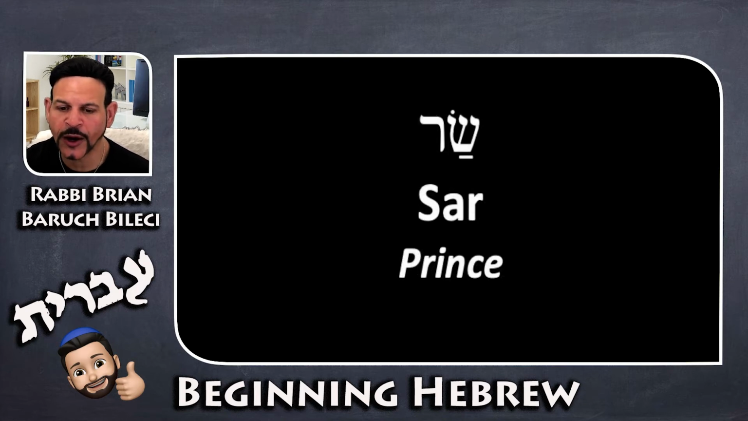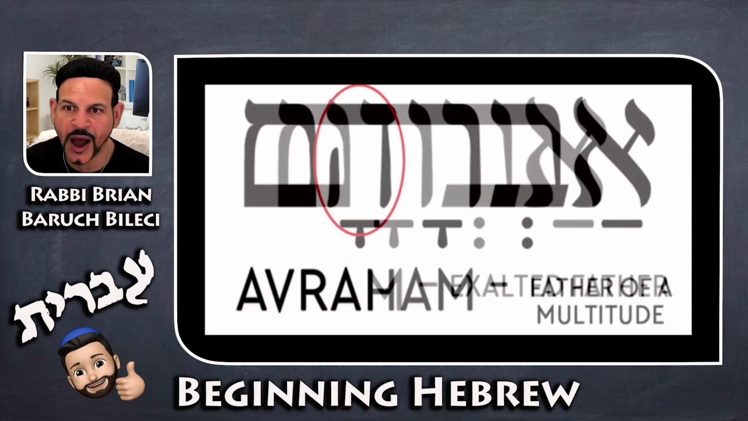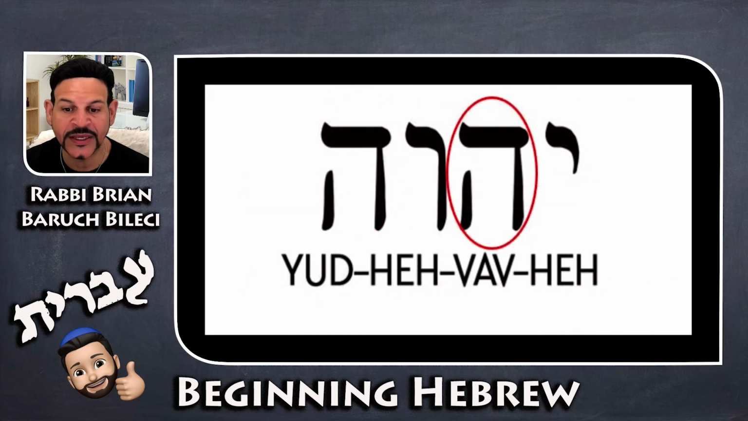The root Sar means a head person of rank or class, captain that had rule, a chief or captain, general, governor, keeper, lord, or taskmaster, prince or principal, ruler or steward. So if she is the prince, if she's being called my head person, my person of rank or class, my captain who rules over me, my chief, my captain, my general, my governor, my keeper, instead of him being the exalted father, then Avram will stay Avram and he'll never become Avraham,